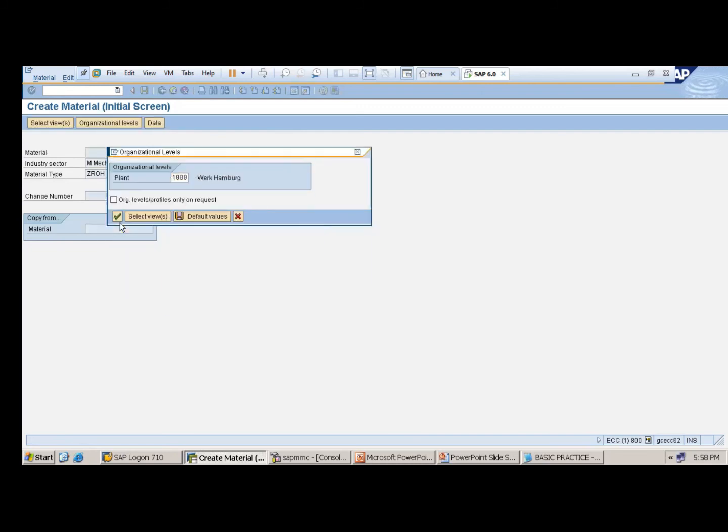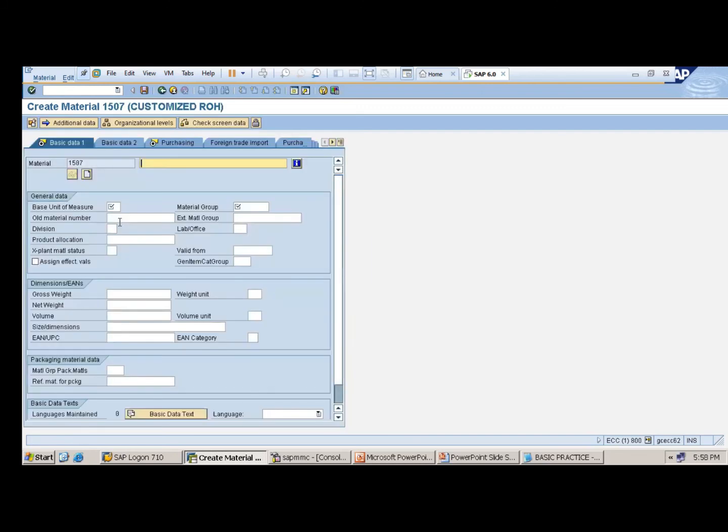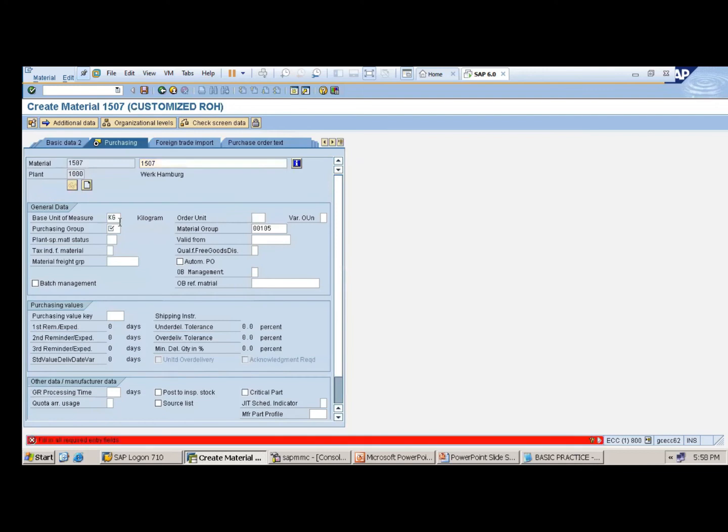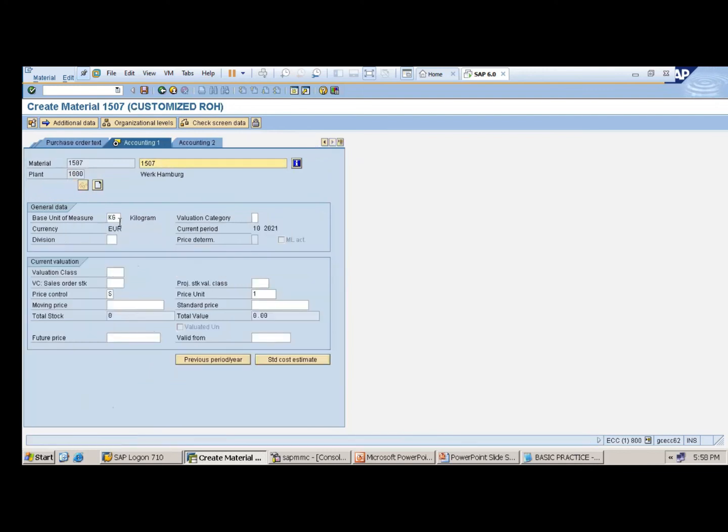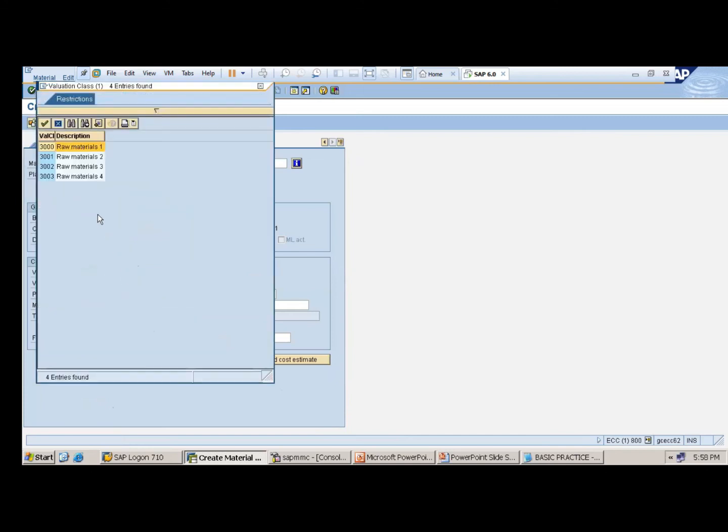Enter, enter, enter. So 1507, base unit of measure kg. Okay, then fine. Whenever I choose the raw material, valuation class 3000, 1, 2, 3.